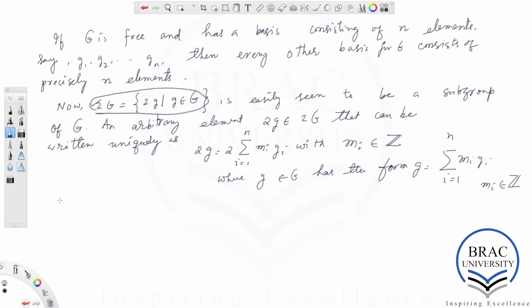Okay, now the group G quotiented out by 2G consists of cosets.